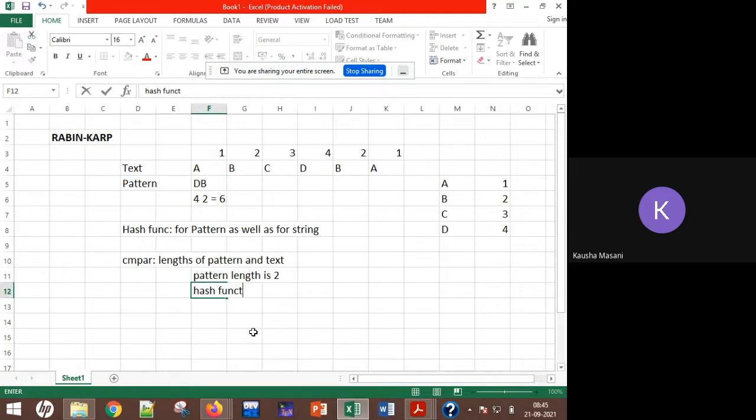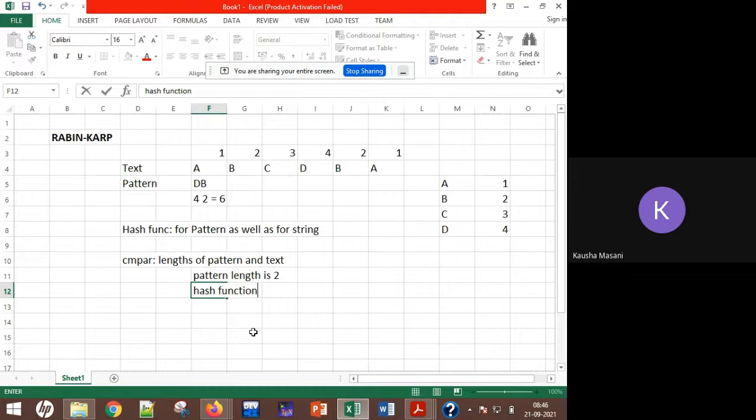After that, the hash function comes into the picture. You will first select whom to compare, and then, after selection, you will compare their hash functions. You are all aware of hash functions, I suppose. The hash function will differ from user to user. For this example, I am taking the hash function to do the addition. You can also do multiplication or subtraction.